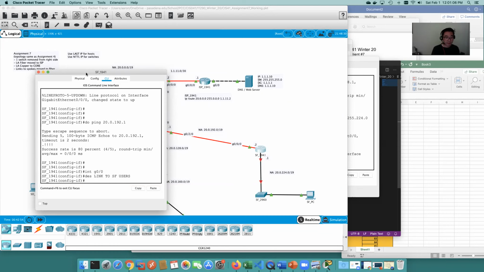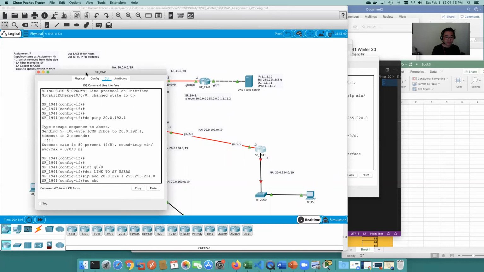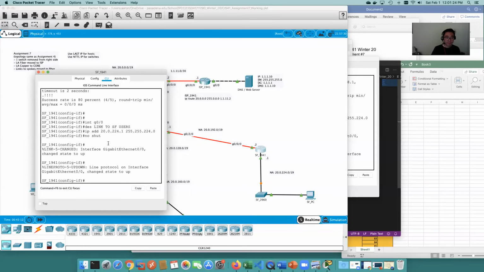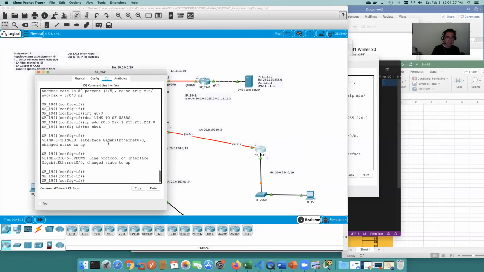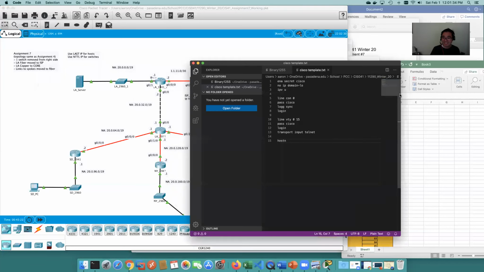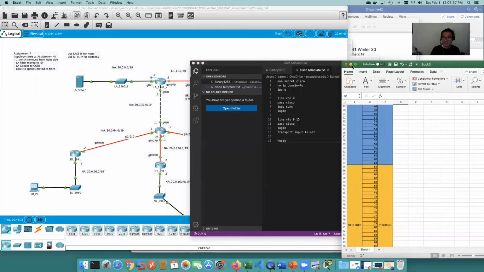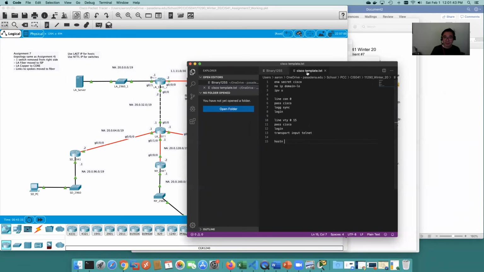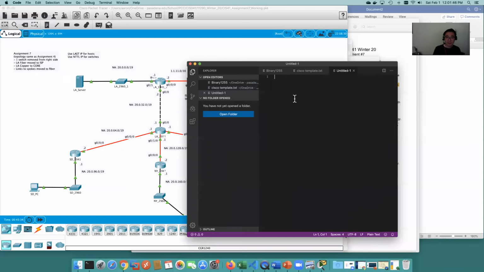SF users is down the other side there. 224.1. Okay, now that we built that, we're going to call this